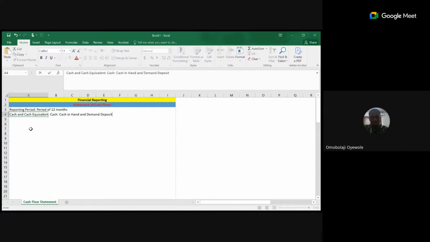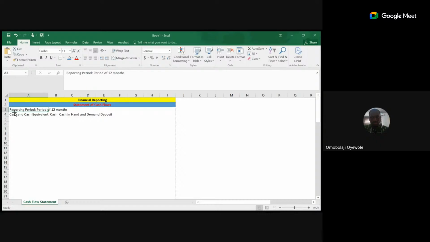So we are saying that the cash flow statement shows 2 things. Number one thing that the cash flow statement does is that what? It shows the cash flow of the entity during the reporting period. And we said the reporting period is a period of what? 12 months, in which every entity is expected to what? Prepare their accounts. Then it shows the changes in cash and cash equivalent.